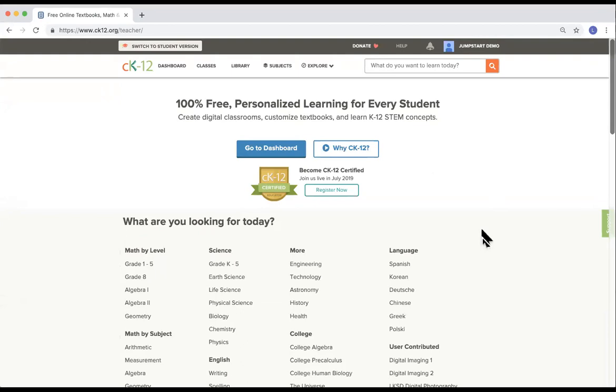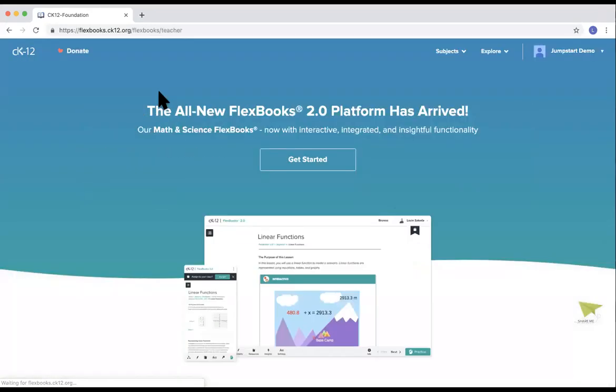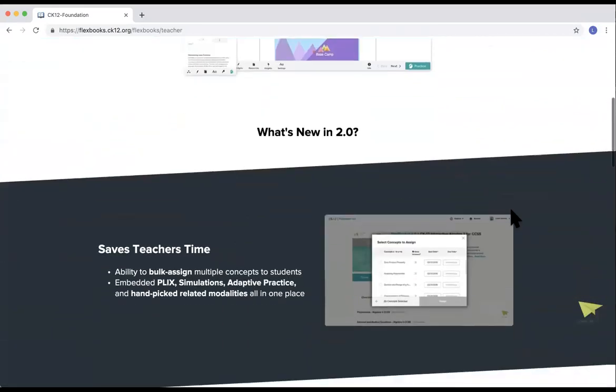There are several different ways to find anything on our site, of course, like all websites. I'm going to take you up to this Explore menu at the top. And this is a great menu to find a lot of our different resources. Our FlexBooks 2.0 is where I'm going to start with you guys. So I'm going to click on FlexBooks 2.0, and we're going to scroll down